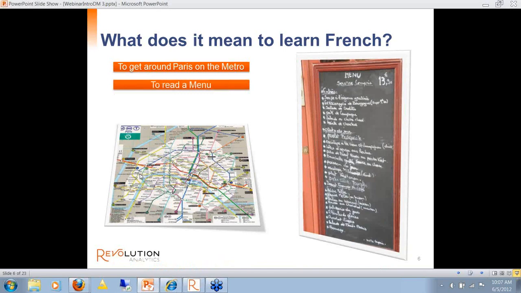Another thing might be to read a menu, to have a really nice French meal, to be able to read the menu, to understand what's happening in the meal process as the waiter brings you all these different things, and to be able to respond in French and carry on the simplest of conversations with the waiter. I mean, that's a very satisfying experience, and it's something that almost everybody can do with a little bit of effort because the context is so restricted.